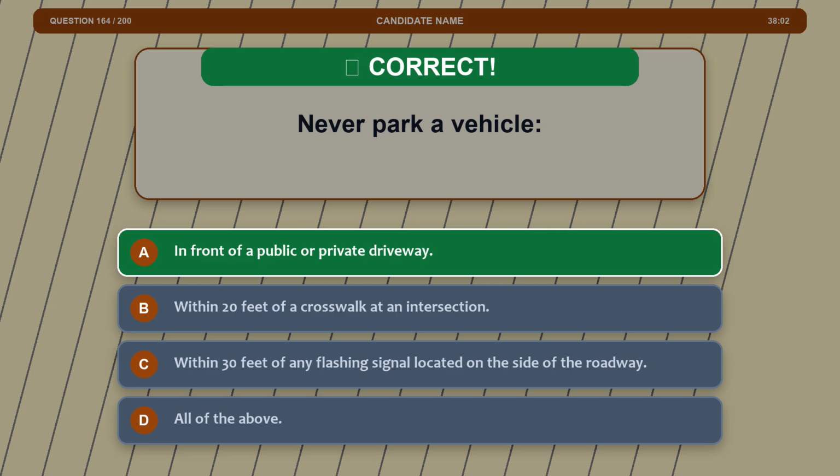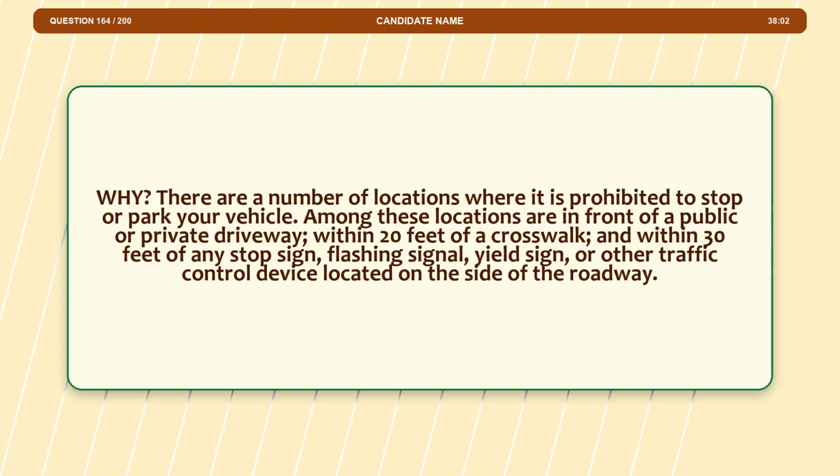The correct answer is option A, in front of a public or private driveway. Explanation. There are a number of locations where it is prohibited to stop or park your vehicle. Among these locations are in front of a public or private driveway, within 20 feet of a crosswalk, and within 30 feet of any stop sign, flashing signal, yield sign, or other traffic control device located on the side of